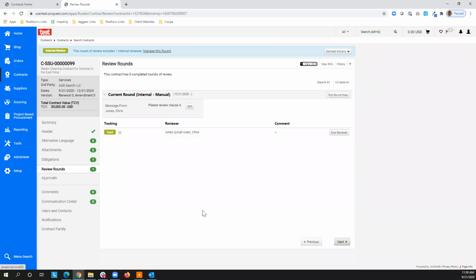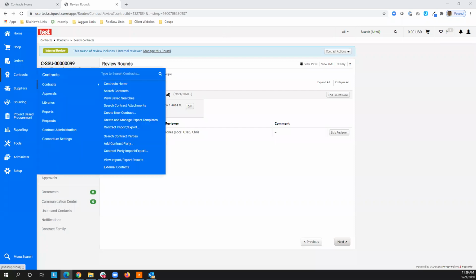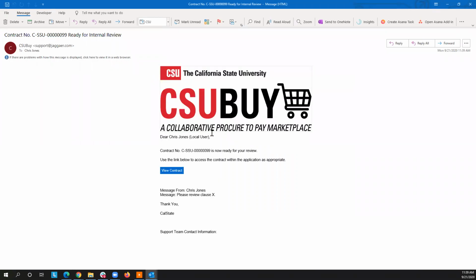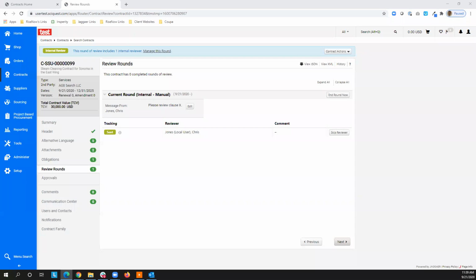And now this internal reviewer, if they've signed up for notifications, they can be notified when they need to go in and review a contract. So that's essentially what this reviewer has done. You'll see that I've got an email notification here, and it's let me know that there is a contract that is ready for my review. So I can click into this link here to get into the contract,